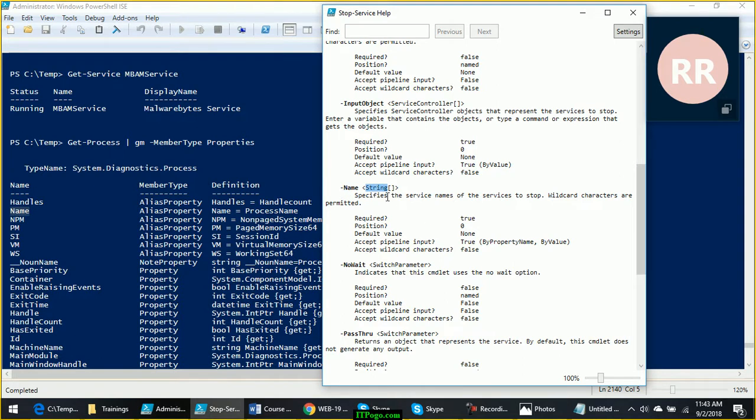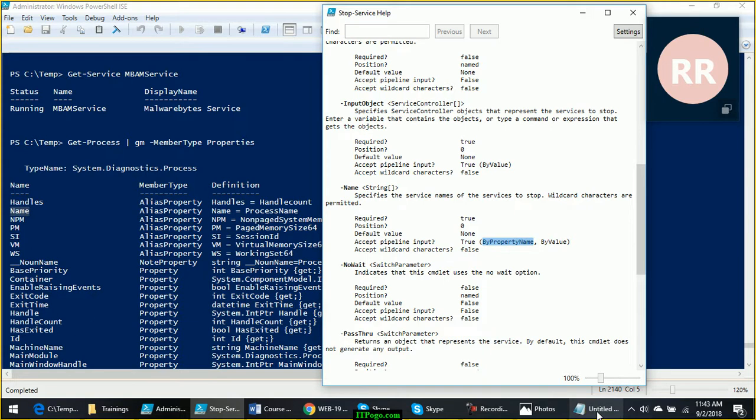So assume that if this requires a number and you are passing a string, it will not work. PowerShell will not try to connect these two commands based on their data type, because all the rules are not followed. All conditions are not met.